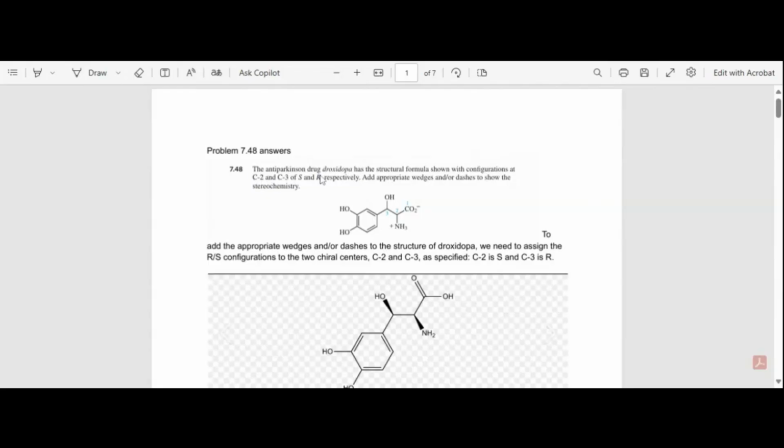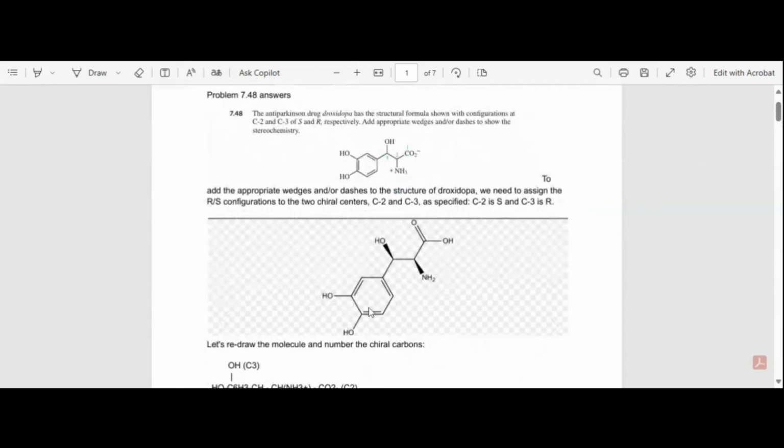In this question, the anti-Parkinson drug droxidopa has a structural formula shown. The configurations of C2 and C3 are S and R. What I did was I actually just went and found the image for you. So this question just asks you to redraw the molecule with chiral centers. Okay, so let's take a look at this. So all I did was I Googled the molecule to find out which way the OH and the NH2